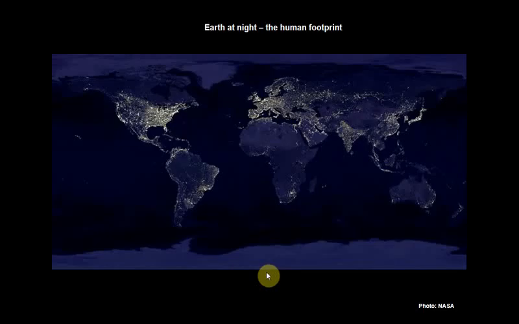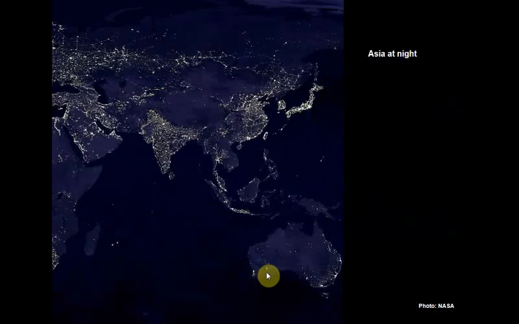I'm sure everyone's seen these images of lights across the planet. So we've got a really international course. So who here, so this is Asia at night, who here would have been somewhere in, let's just say it was taken, I think about 2012, but who here would be normally residing beneath one of those lights in that picture?